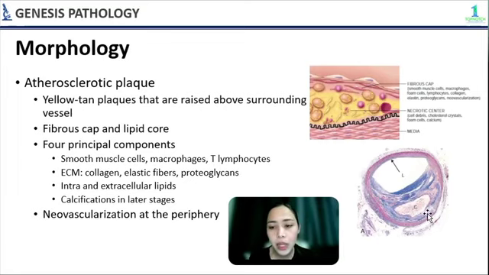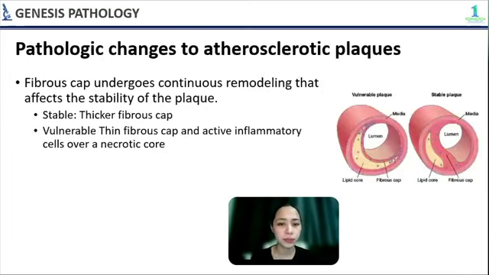Tapos, deep to this fibrous cap is the necrotic core, which contains lipid, primarily your cholesterol and cholesterol esters, as well as debris from dead cells, foam cells. Tapos, meron din tayong dito na mga more cellular area kung saan makikita natin yung mga smooth muscle cells, macrophages, and T lymphocytes. And later on, meron din siyang calcification. Okay? And also, manonotice nyo no, sa picture na to, usually, yung plaques is eccentric, okay? It does not involve the entire vessel. Usually parang patchy, one side lang, ganun, okay? So habang kumakapal to, it can lead to blood flow obstruction.